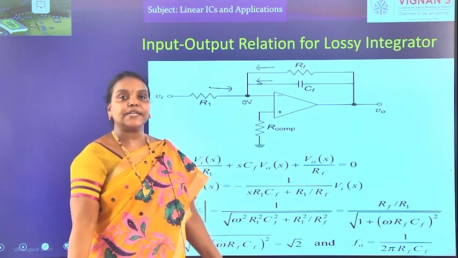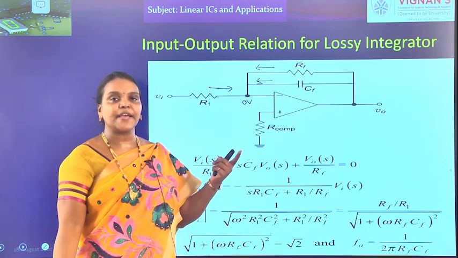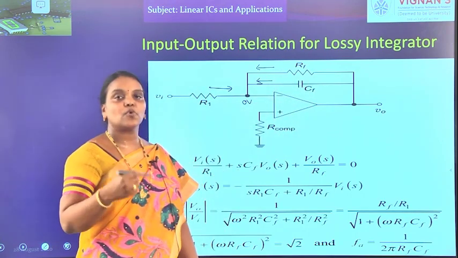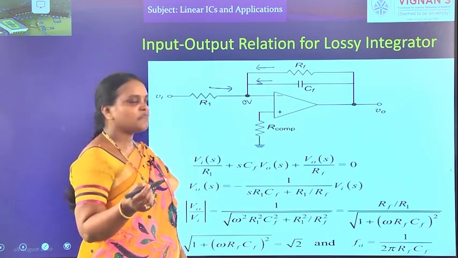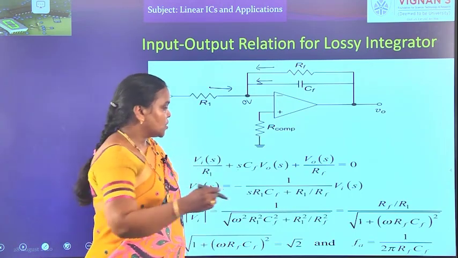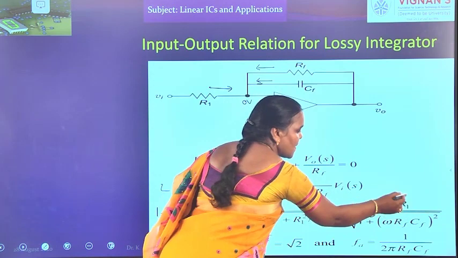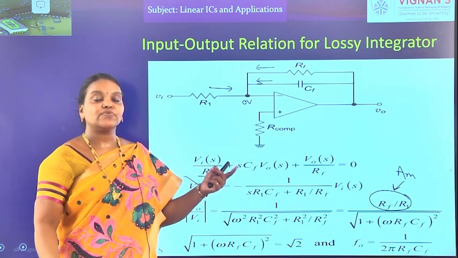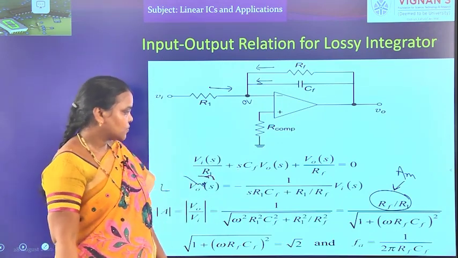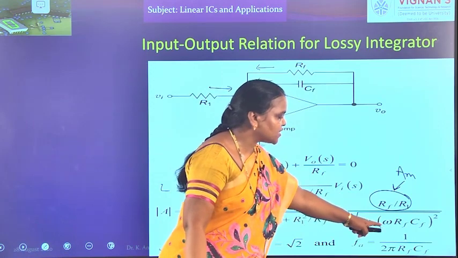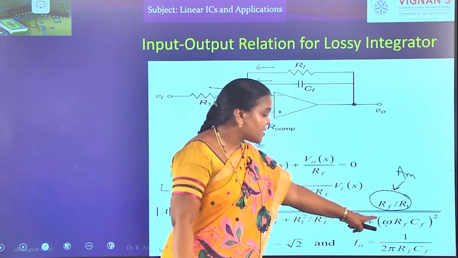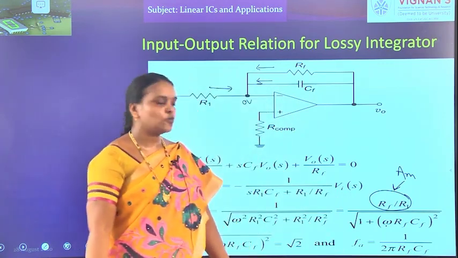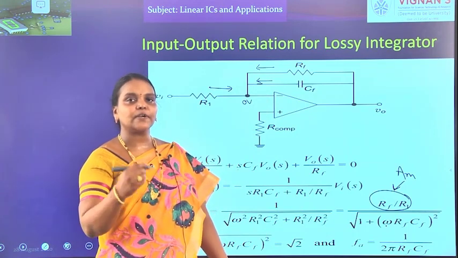And in the practical integrator circuit at DC, what is the maximum gain it is offering? There is no capacitive reactance because it becomes an open circuit. So, the maximum gain it offers is minus Rf by R1. So, Rf by R1 is the magnitude of the maximum gain. And you know at the cutoff frequency the gain is 1 by root 2 times the maximum gain. So, maximum gain by root 2 means at omega equal to 1 by Rf Cf, the second term becomes 1. So, that is the cutoff frequency 1 by 2 pi Rf Cf, because omega is equal to 2 pi f.